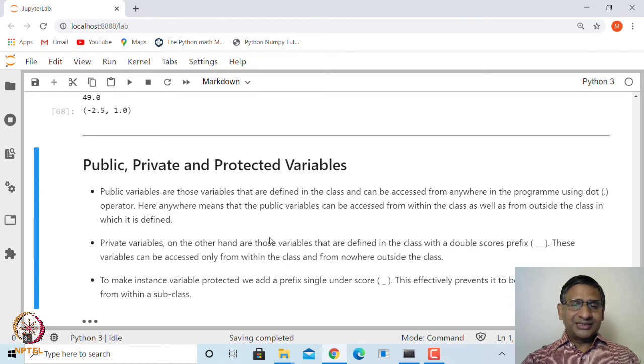However, these variables can also be accessed if one wants to. So in some sense, it is not that you cannot access them at all. The only thing is that a good programmer will not try to change protected and private variables whenever they see them, because they know these are private and protected variables. So, that is the difference.